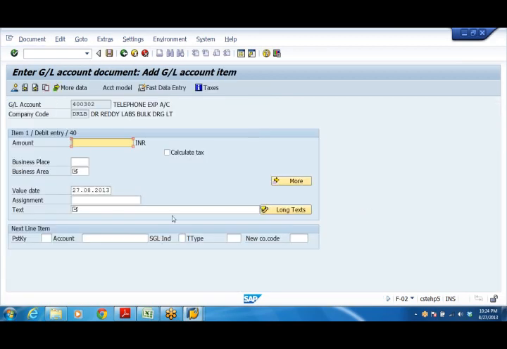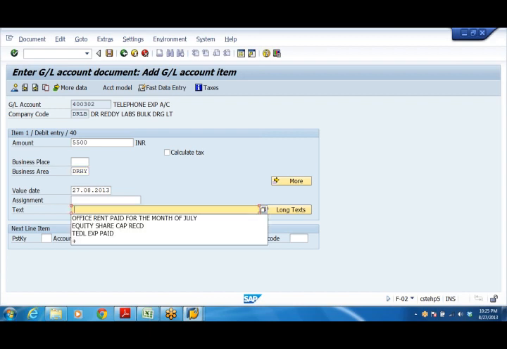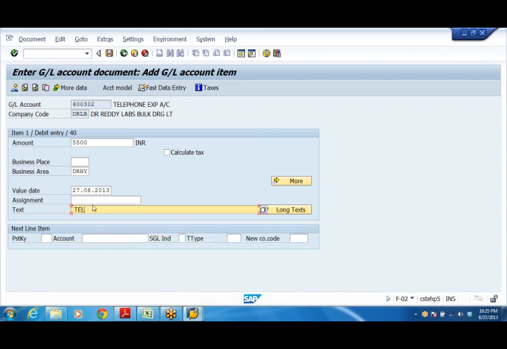See, system is allowing me to post. Say 5,500. Posting key 50. So expenses account data to bank 204.05.